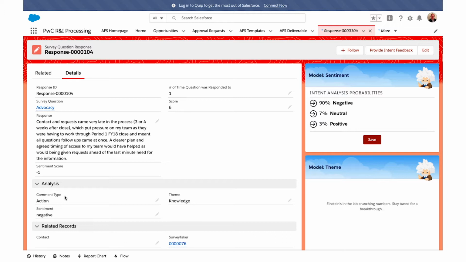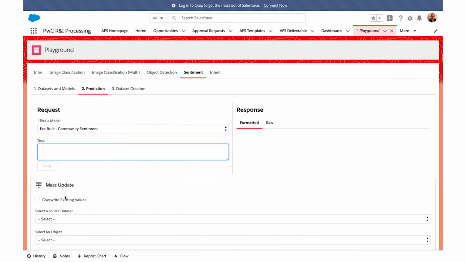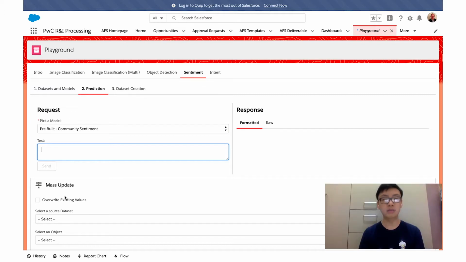Now, after seeing this demo, I wanted to show you how you can use Einstein Intent under the hood. Einstein Language is a set of APIs that you can leverage. And if you have developers in your organization, you can usually call the REST API and develop different custom applications from that. In Salesforce, we also provide the Einstein Vision and Language Model Builder, which is a declarative UI that allows you to run predictions as well as build models for your Einstein Language product.